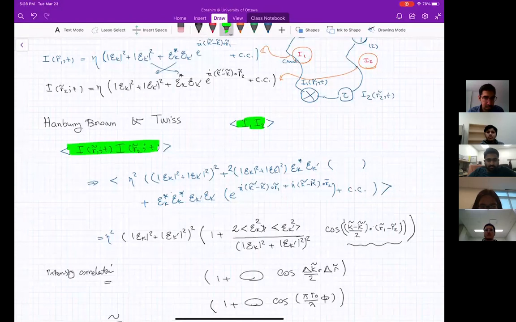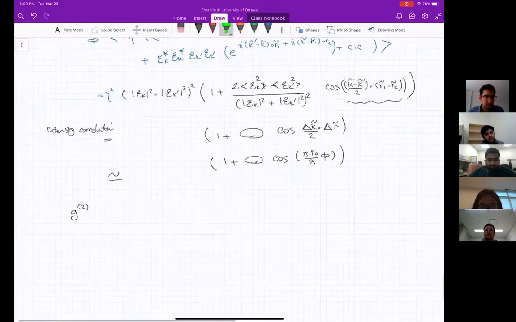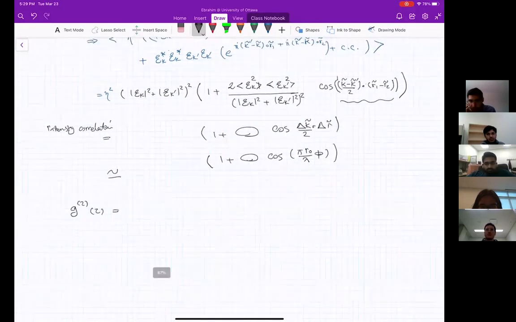Now I will write this explicit expression in terms of field creation and annihilation operators, or in terms of positive and negative frequencies. So G2 of, I think, tau. Should I go with tau or should I go with R1 and R2? I will go with tau. Okay. It's given by,